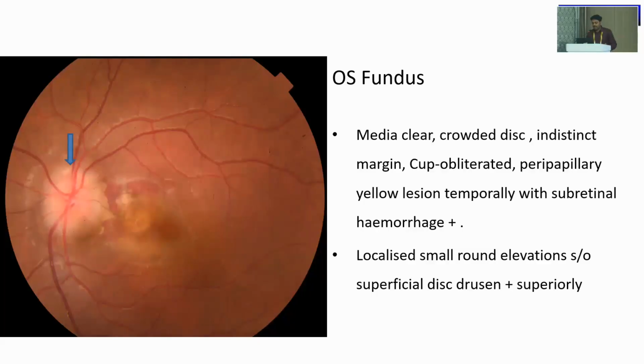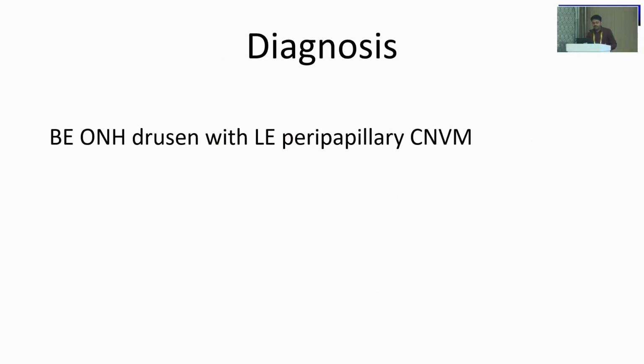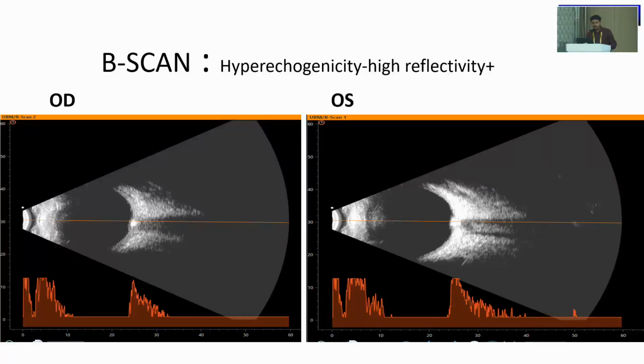temporally with subretinal hemorrhage. Also, we noted that superiorly there were localized small round elevations suggestive of superficial drusen. On clinical evaluation, we decided it to be both eye optic nerve head drusen with left eye peripapillary CNVM. So we further evaluated with B scan, wherein we noted that bilaterally there was hyperechogenicity with high